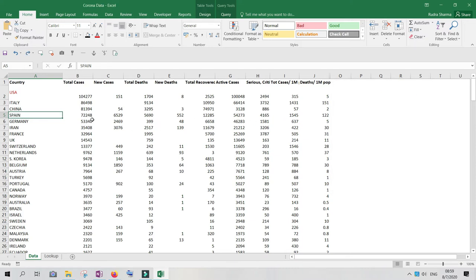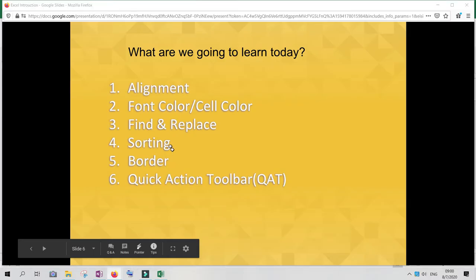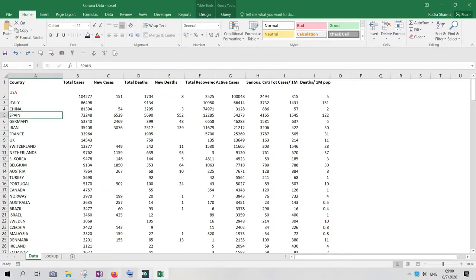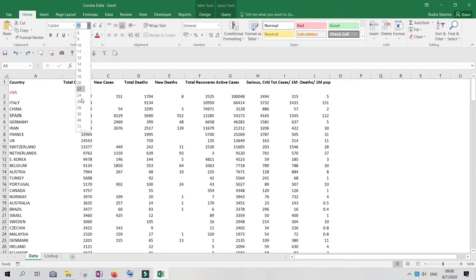So it's very simple, you can understand. Okay, so the next one is find and replace. Before I move to find and replace, let me quickly tell you, if you want to control the size of the font, you can do it from here. You can click on the large A icon or the small icon. If you click on the large icon, it increases. If you click on the small icon, it decreases. It's that simple. And you can choose the exact number from this drop down, and you can type it in also.